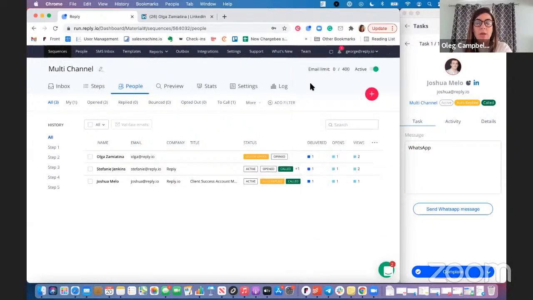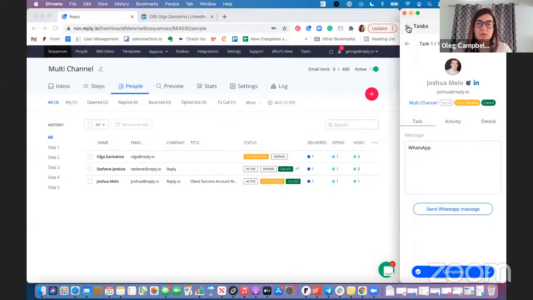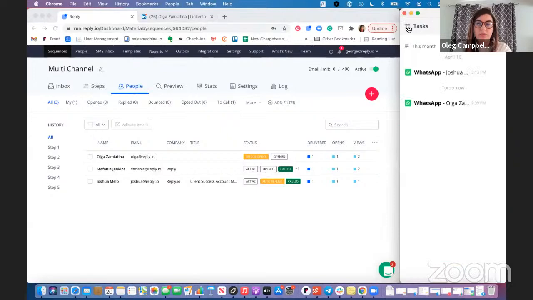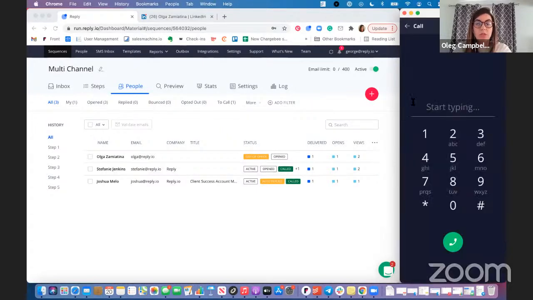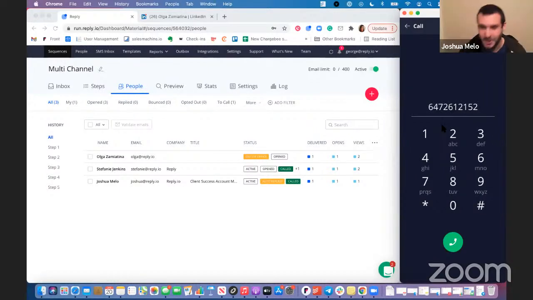Another thing that you can do with the cloud calling feature, if I go back into the Chrome extension, if I go back to the main menu, there is a dialer as well. So if you have cloud calls enabled, you can actually make one-off calls using the dialer. So even if someone is not in a campaign where they've moved on to the call step. And call really quick, we can just show them that it works.